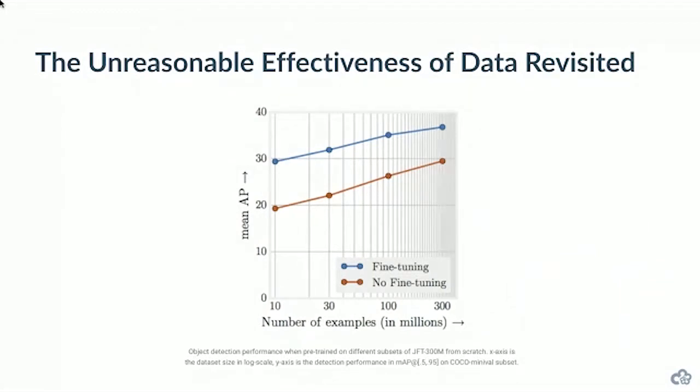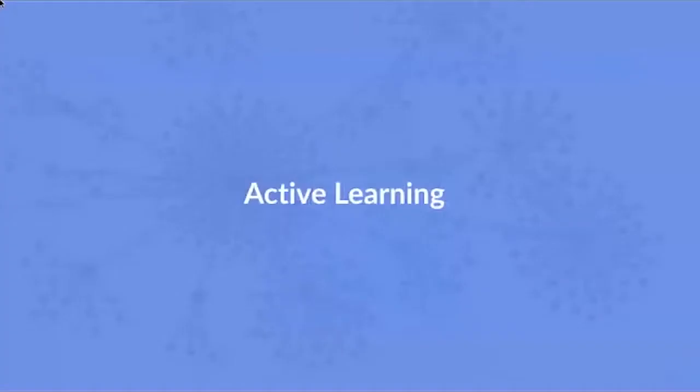And what happens is that the models just keep improving, right? At every scale of training data that we see, the models just steadily improve and improve and improve. So to the extent that you can get training data, that's going to be really fantastic for you. But you know, training data is